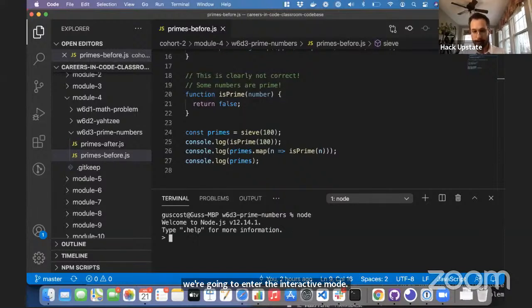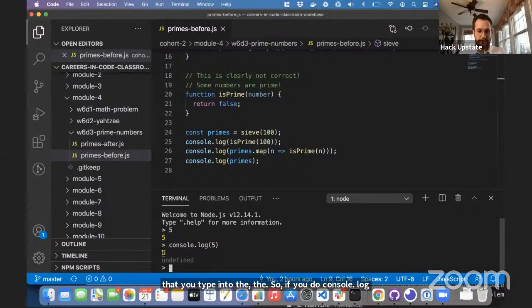And what that really just means is you can type JavaScript code at this caret, just like you can in the browser. Remember, we looked at the JavaScript console in the browser. It's really the same thing. It's running in a different context. It doesn't have the web stuff, the DOM, things you learn about later, how JavaScript interacts with web pages, but it has all of the basic JavaScript things. So you can do a value like 5, and it will echo back the value of the thing that you type. So if you do console.log 5,